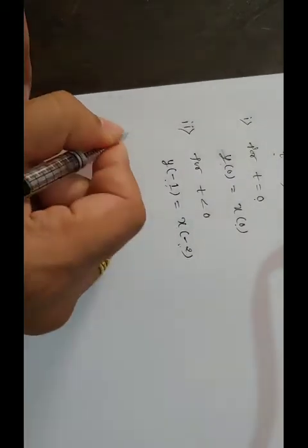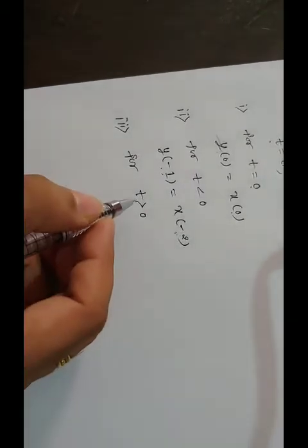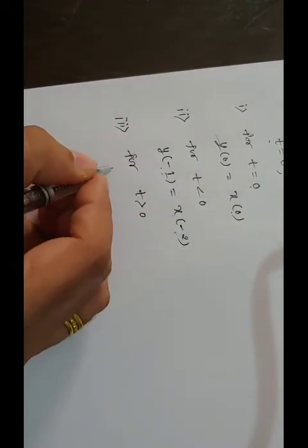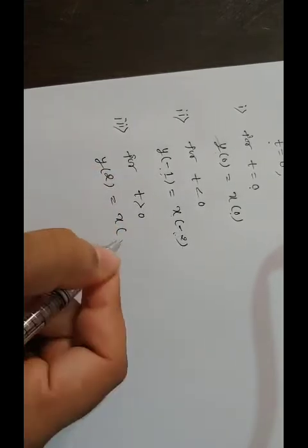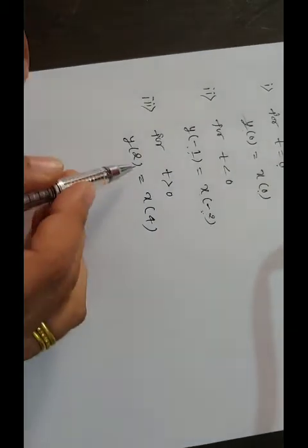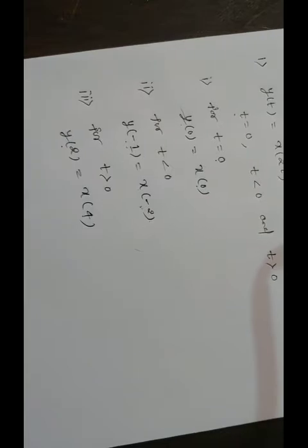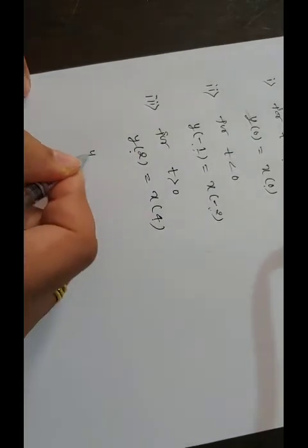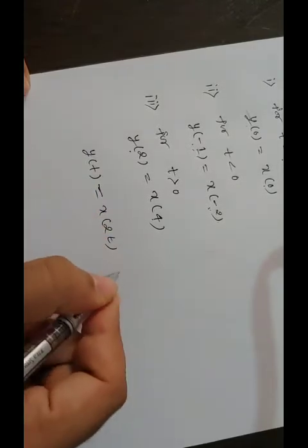Similarly, we will go for one more value, that is t greater than 0. Let us say t equal to 2. Then y of 2 equals x of 2 into 2, which is 4, x of 4. That means the output depends on the future values. So after solving this, we can conclude that the system y of t equal to x of 2t